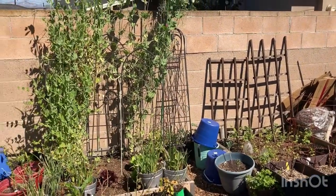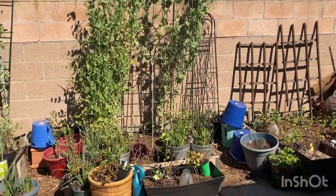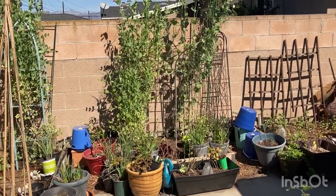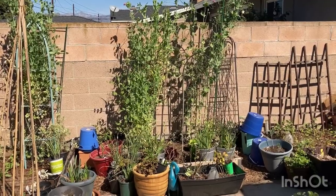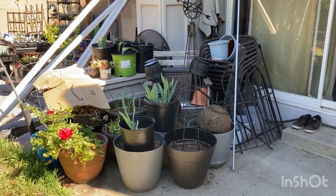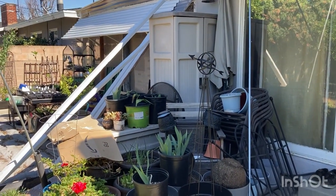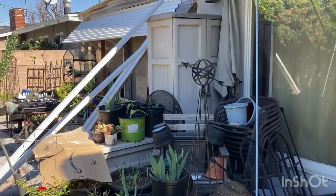So I'm going to really increase my gardening space with the ability to grow vertically, as well as adding additional beds. So I'm super excited about that, and it's going to look really pretty on top of that. So here's some more stuff that is just out of the way during the tree trimming. And just to address what's going to happen with this patio furniture, this storage furniture, we have this tall cabinet